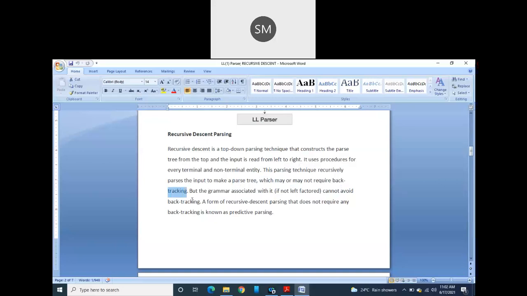So recursive descent is nothing but a top-down descent. What is the meaning of recursive and descent? Recursive means repeatedly, continuously. It is scanning or parsing the input, and it is creating the tree from top to bottom, because it is a descent, recursive descent. But during this task, sometimes it may require backtracking, sometimes it may not. Backtracking means what here? I will tell you clearly. Don't worry. Backtracking, its meaning itself is going back.